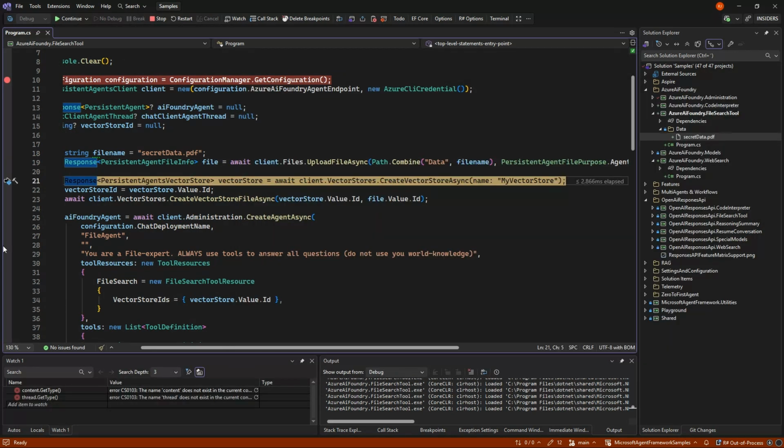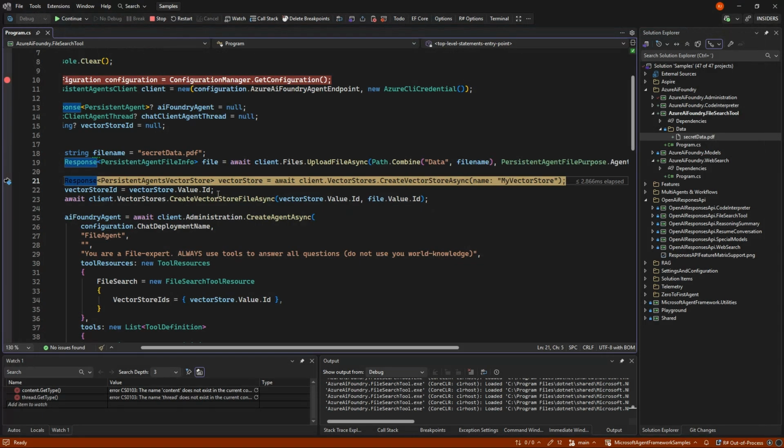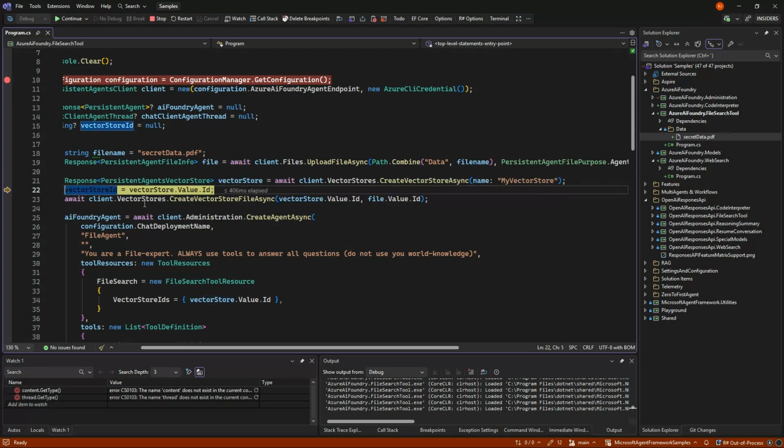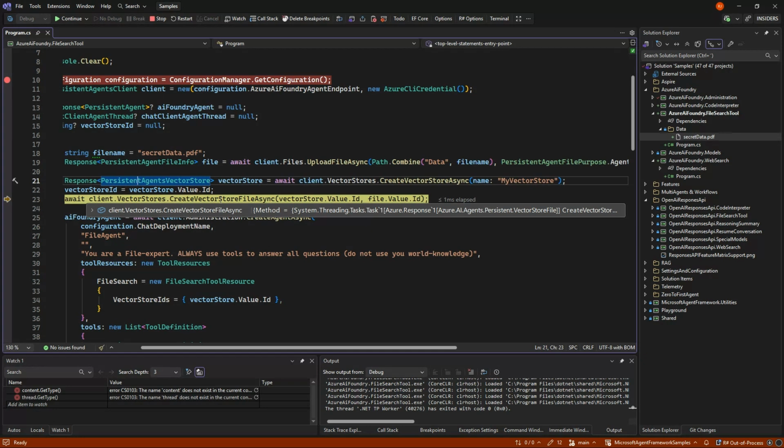We can't really see that file in the portal anywhere. They have not provided any interface for them, only for the vector stores. So let's make the vector store and get the vector store ID so we can delete it later on. But else we're just going to say, make that vector store have the file we want.